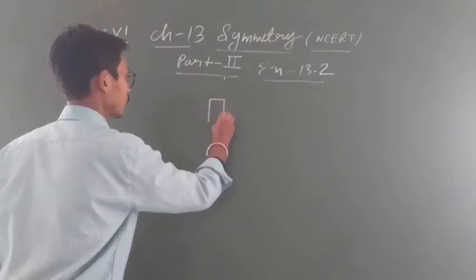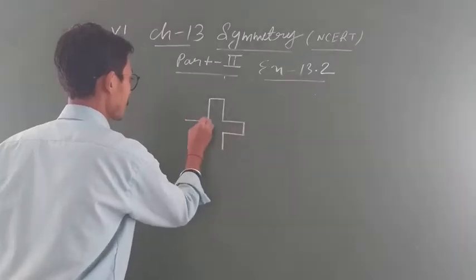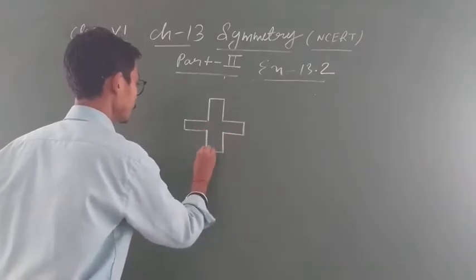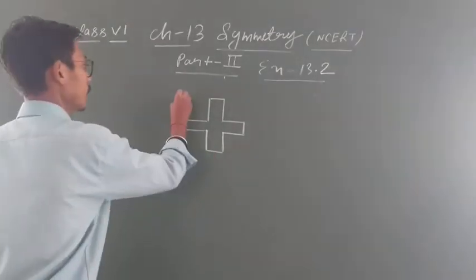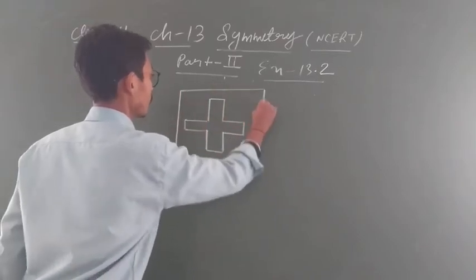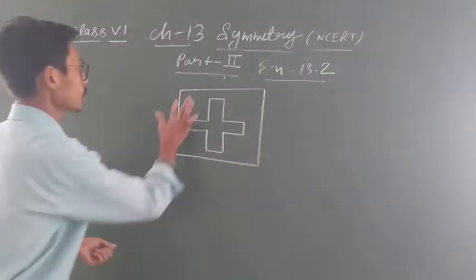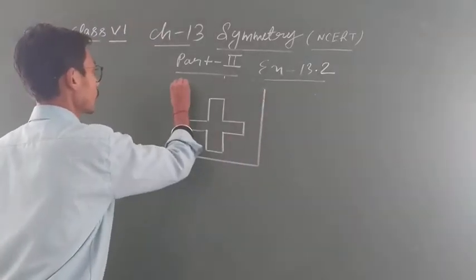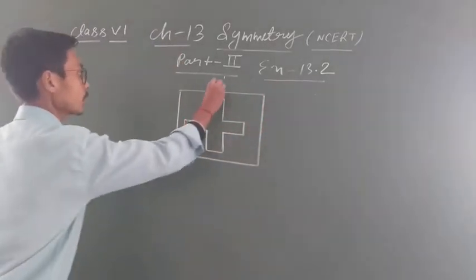This one is a plus sign. You have to draw the line of symmetry. See how you will draw, and this boundary is also given. Now you have to draw the line of symmetry, student. This is also the form of a square, so you have to draw the line of symmetry. See, first line of symmetry,